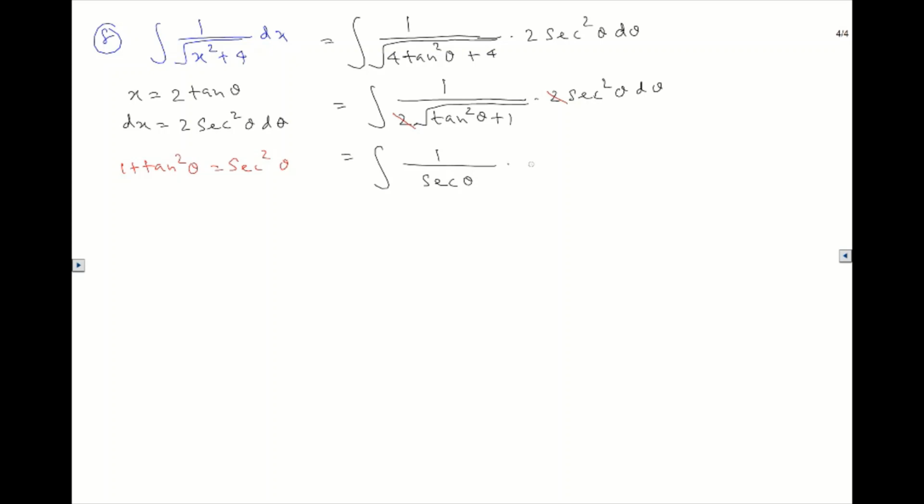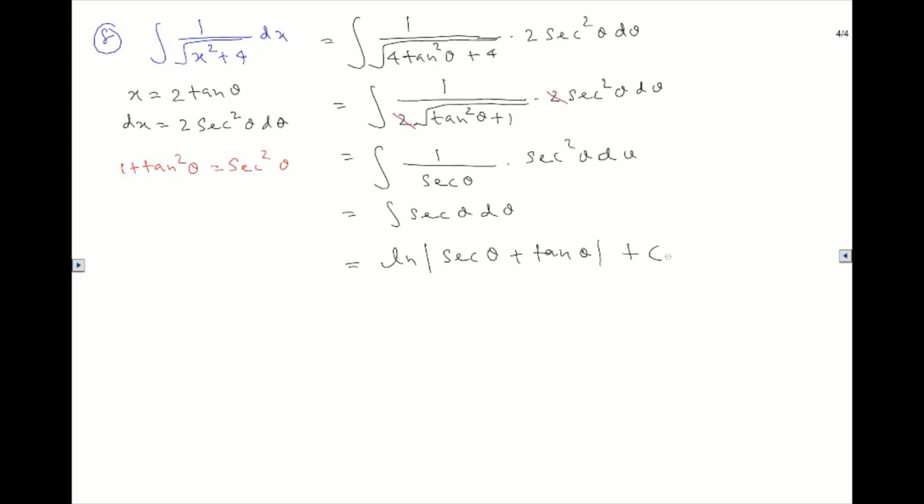So you're going to get secant squared theta d theta. Now you can see that one secant gets cancelled, so you get secant theta d theta. And this is one of the common integrals, so the integral of secant is simply natural log of secant theta plus tan theta